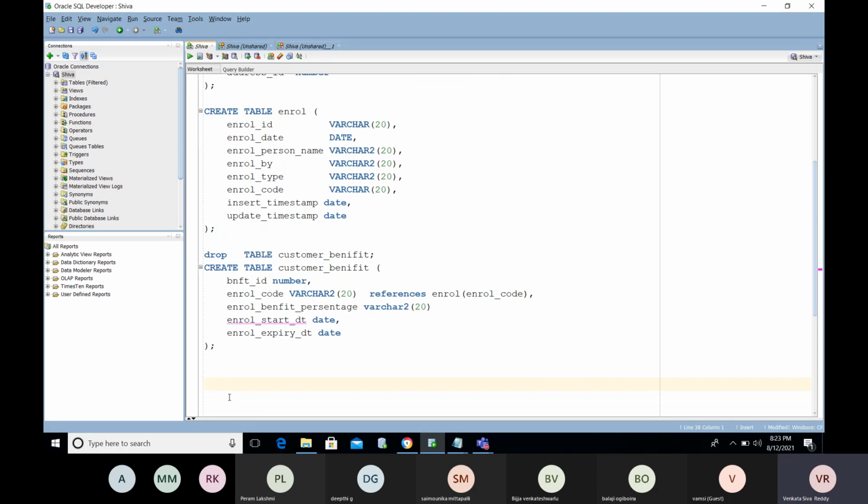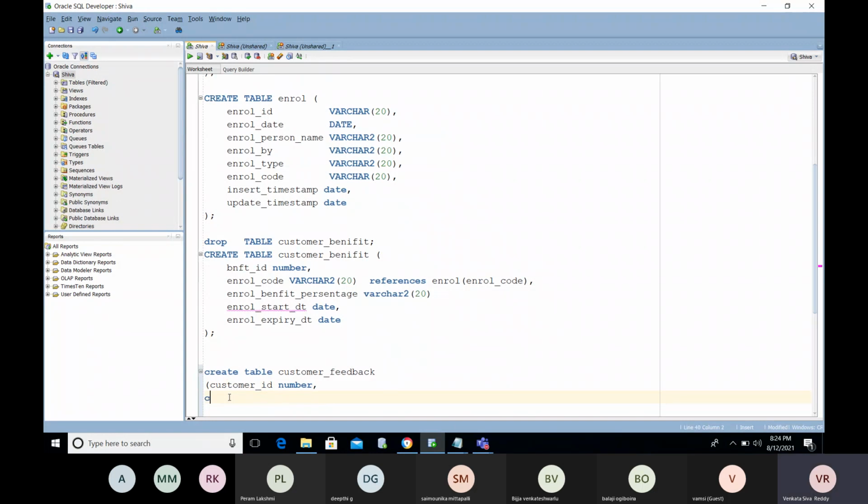Create some table like Feedback. You can mention your particular product ID, which is a number.